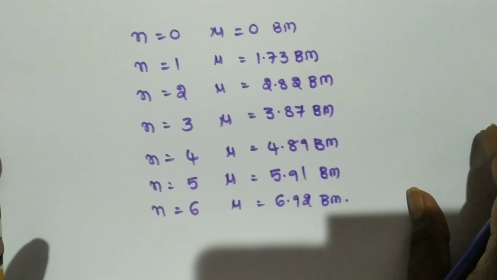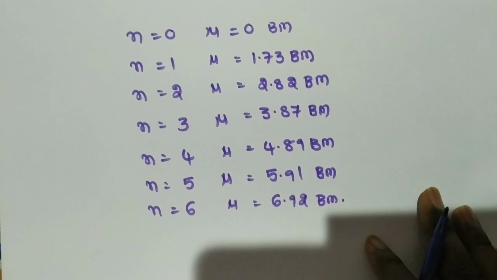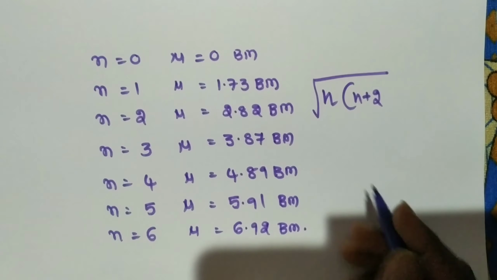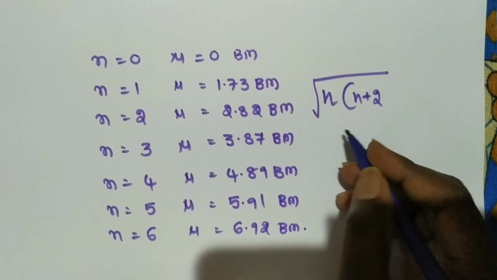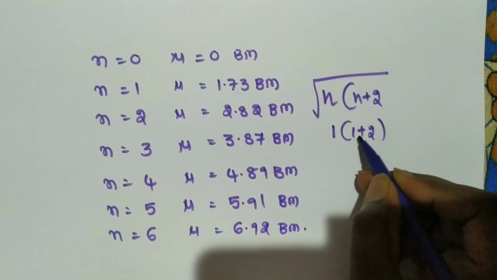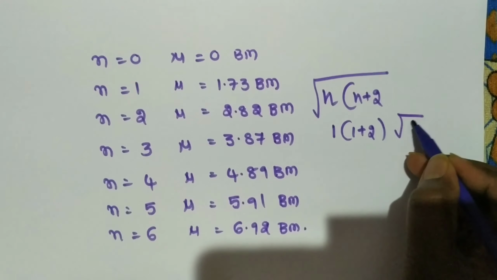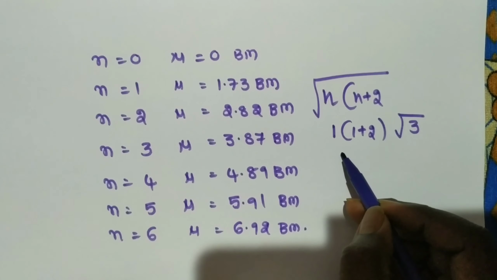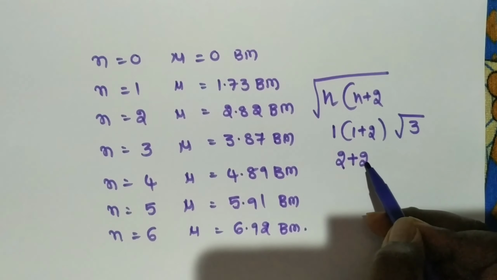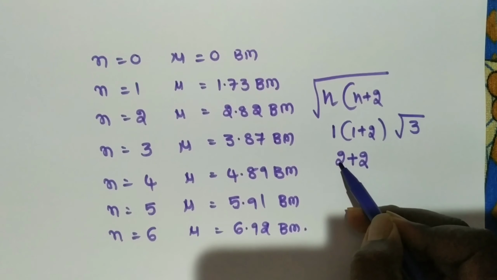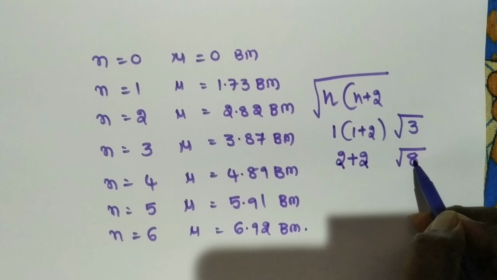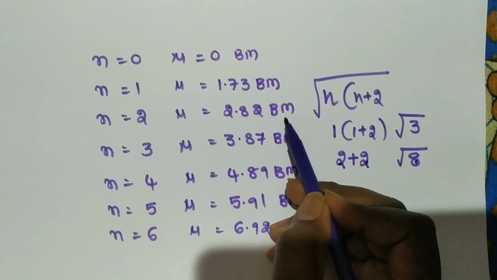So this you have to remember. Without calculation, by the number of unpaired electrons only you can find the magnetic moment value. So here you have to do one thing. If the n value is 0, all will become 0. If the n value is 1, 1 plus 2 is 3, 3 ones are 3. So that is root 3. Like that, n value 2, 2 plus 2, you have to add 2. That answer 4 is multiplied with 2. So 2 plus 2 is 4, 4 twos are 8, that is root 8. Root 8 value here is 2.82 Bohr magnetons.